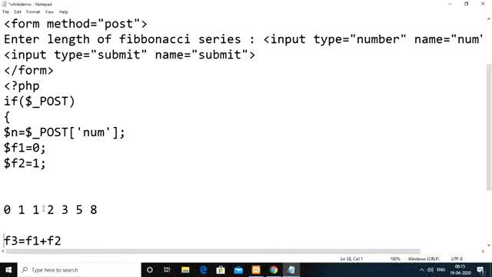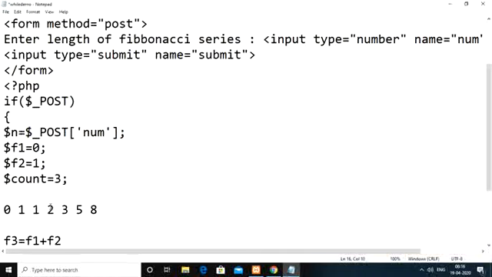Then what we need to do is take the present term of the series that we need to find out. As of now we have two terms, so we need to find the third term. For that we take one variable called count. Count indicates how many terms we have within the series so far, and which term we need to find next. So initially we take count equal to 3, the third term we need to find.